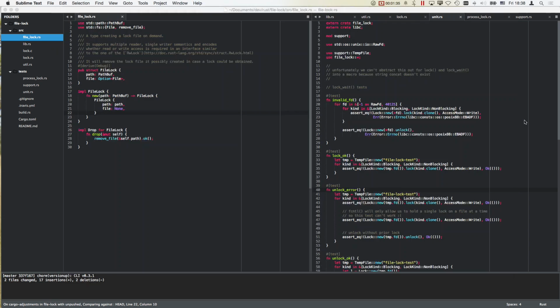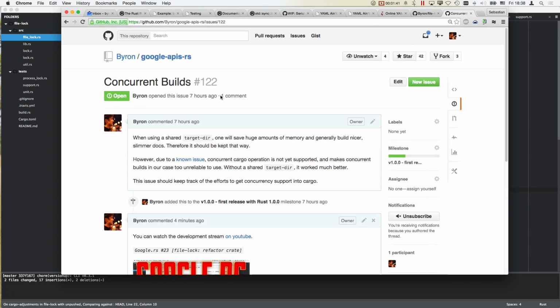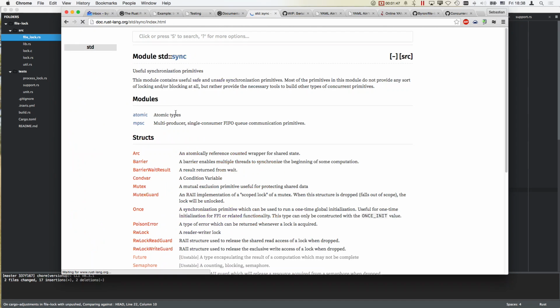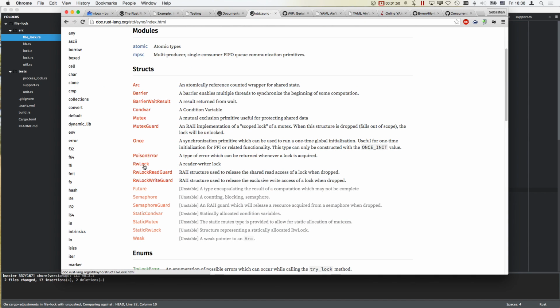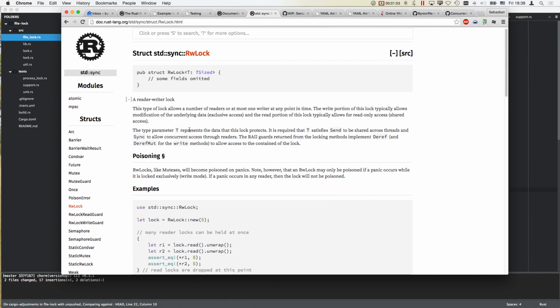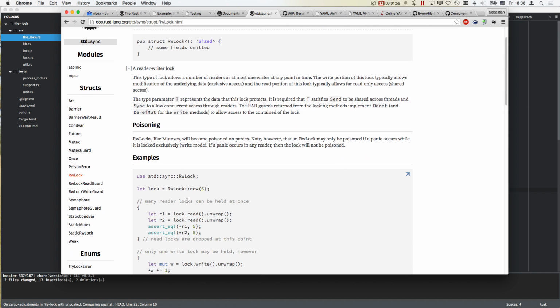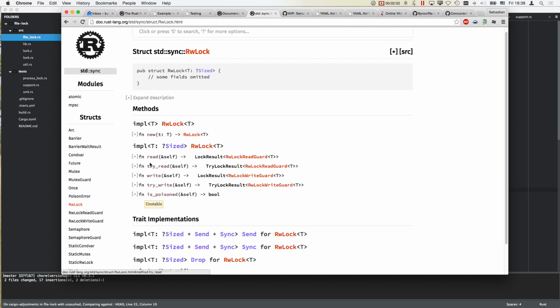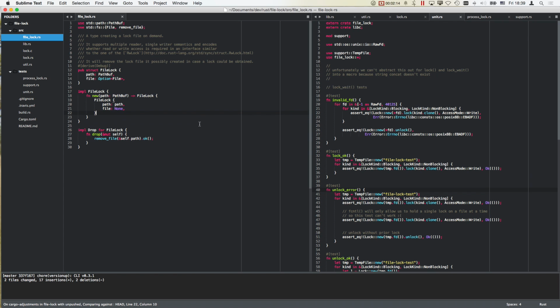In any way, cargo needs to start locking stuff, and we figured out that the building block for this should be the FileLock convenience type, which shall be based on the RW lock that is here. Where is it? Here it is. And here I would just like to kind of mirror the entire API, because that's what I want. Even though I would probably not have a guard, I would just have a result that shows what's going on for now. Good. So we have fn read,